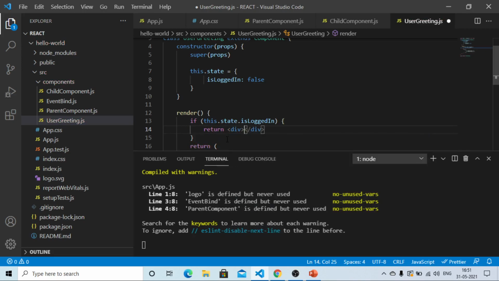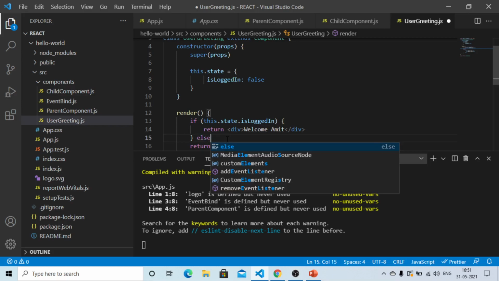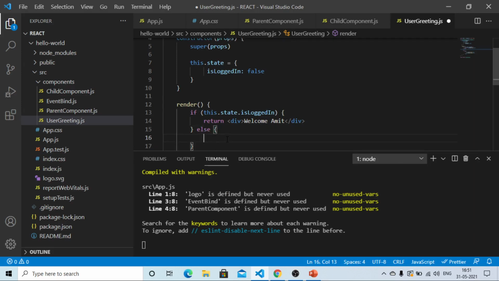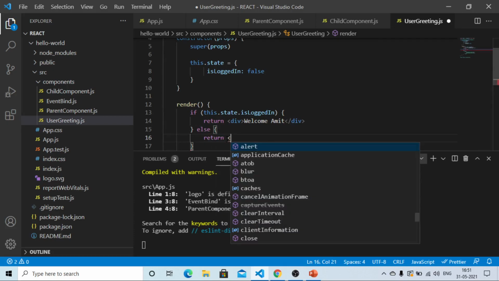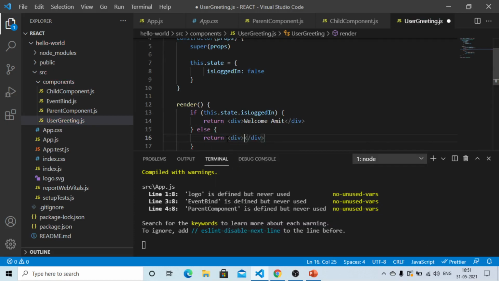We will be displaying in the UI the message welcome Amit, and in the else part we will be returning another div tag, which would be responsible for displaying the message welcome guest.